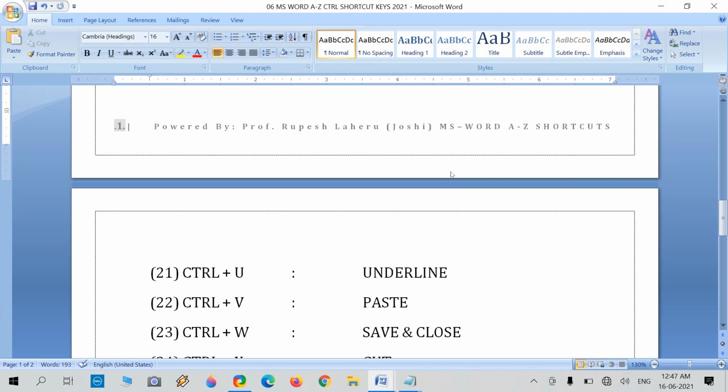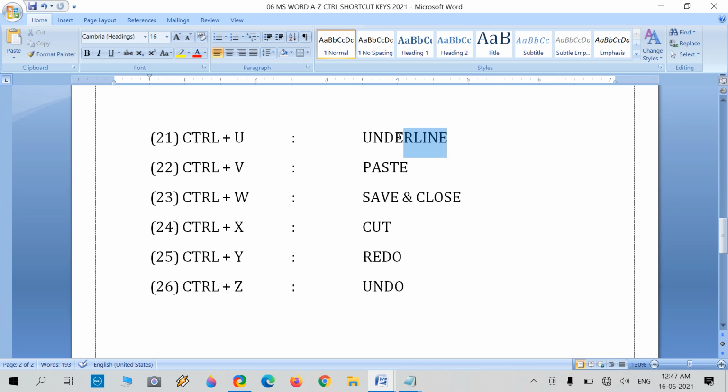Ctrl T is nothing. Ctrl U is for underline, select any characters. After selecting, it will generate the underline. If you want to copy, select any text, Ctrl C and then use Ctrl V, and it will do the pasting task. Ctrl W is for save and close, and after pressing this you will see this.